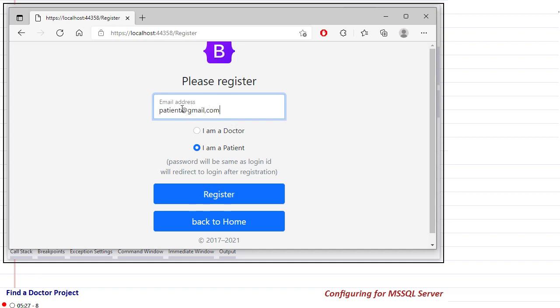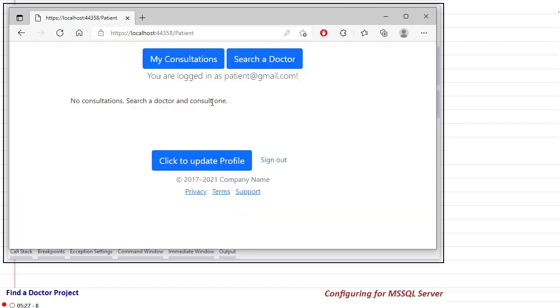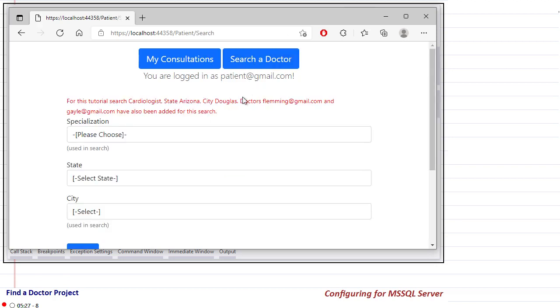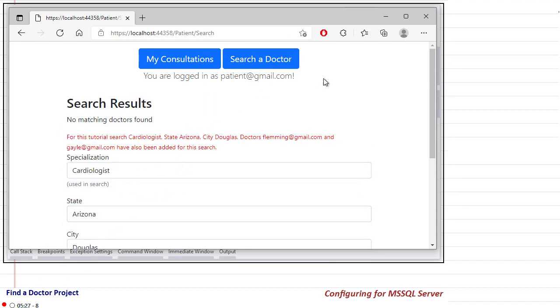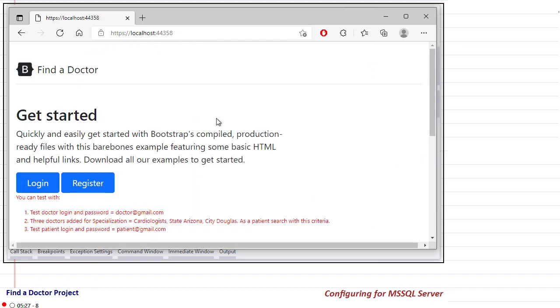So I'm typing things here and register, login. Now there is nothing, and I'll search a doctor. Did I add that doctor there? I'm not sure. I think I haven't added that doctor there. So I'll log off here and then come back from there.